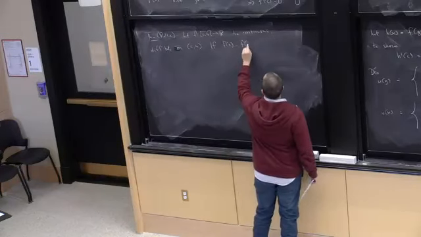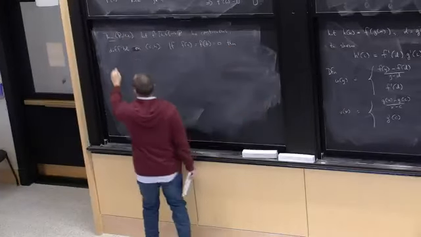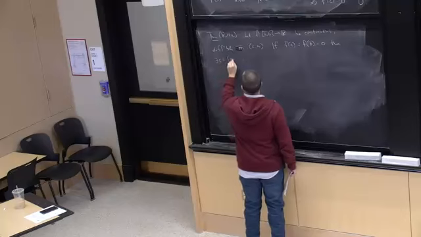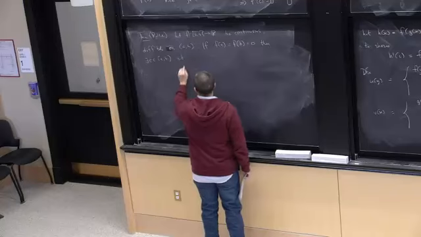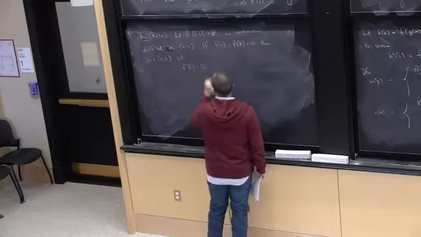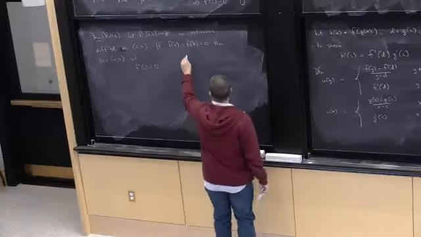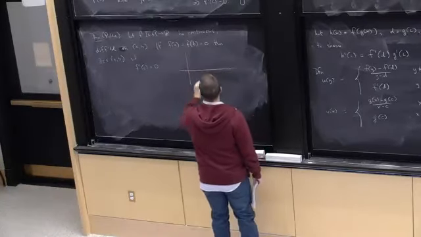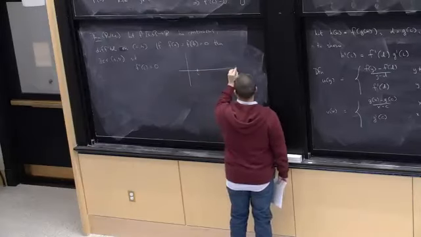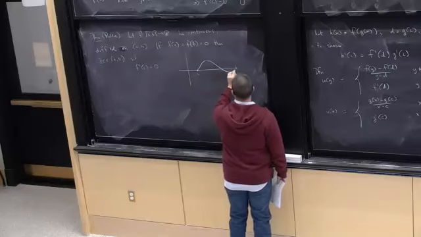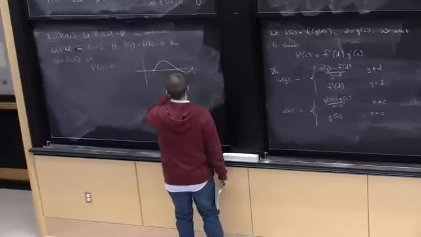If f of a equals f of b equals 0, then there exists a point c in the open interval (a, b). This is important. Such that f prime of c equals 0. All right, and what's the picture that goes with this? I'm sure you've seen it before. Let me draw a function. That looks kind of like sine or cosine, but anyways, a function which is 0 here, 0 here.